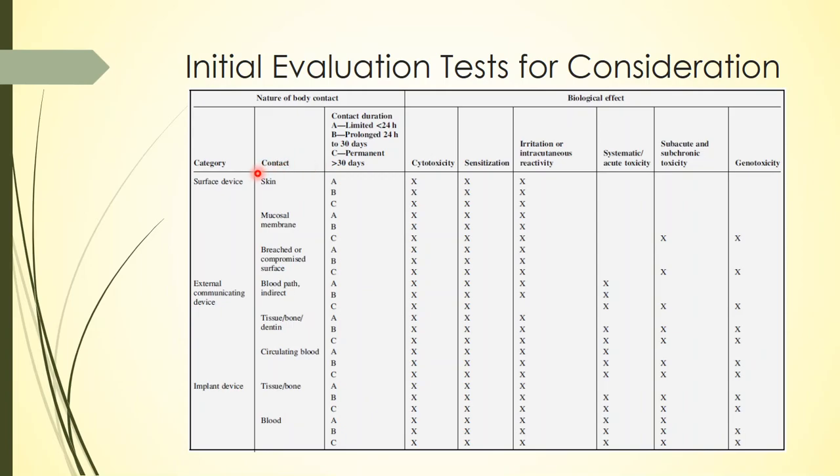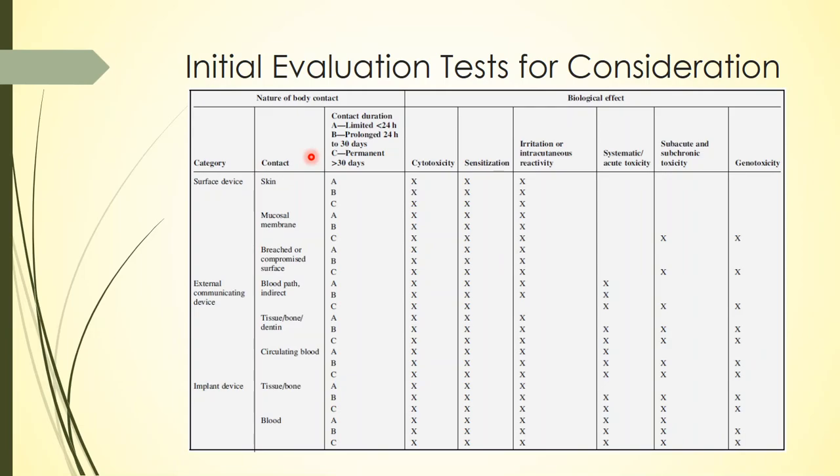Yeah, you have a medical device that could either come in contact with the skin or the mucosal membrane, or a breached or compromised skin. So breached or compromised skin is nothing but a skin with a wound, right? The epidermis of your skin, the outer layer of your skin, is peeled for some reason. That can be because of an injury, that can be because of an incision, that can be because of anything, right? So next you have the contact duration, where they have three categories, A, B and C.